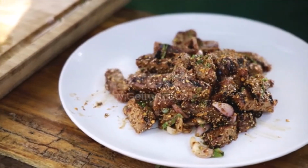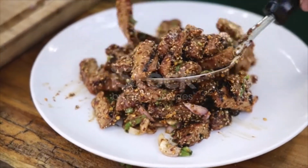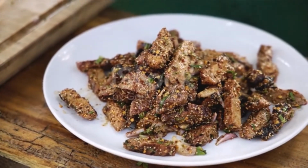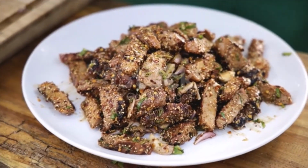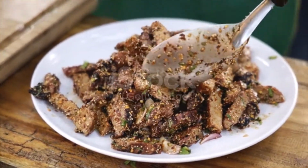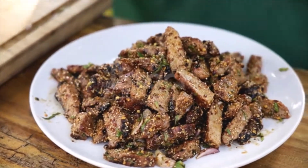Place tenderloin in a large bowl and spread the paste all over the pork. Marinate at room temperature for 2 hours, or cover and refrigerate up to 24 hours. Turn the tenderloin occasionally. Light the grill or heat the broiler and arrange a rack at least 4 inches from